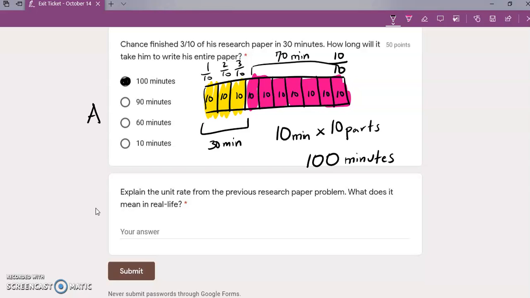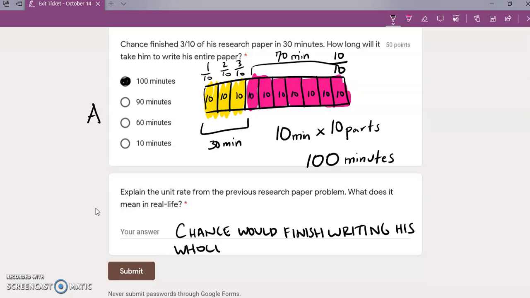So we can write this, explain the unit rate from the previous research paper problem. What does it mean in real life? So it means that Chance would finish writing his whole paper